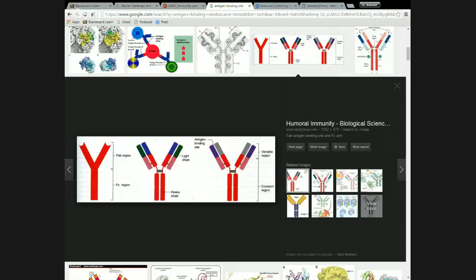That part out there is what we call a variable region. And then the other half of the light chain and the other 3/4 of the heavy chain are made up of loops that are called constant regions. What that's referring to is that the gene for that chain has a variable region that, when the lymphocyte is first produced in the red bone marrow, the DNA randomly resorts itself to make a unique gene that'll make a unique antibody. And then the constant regions don't change, so that the rest of the antibody has a pretty